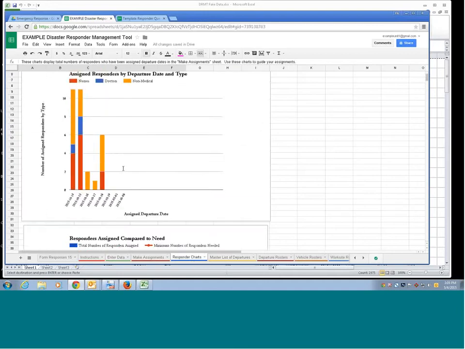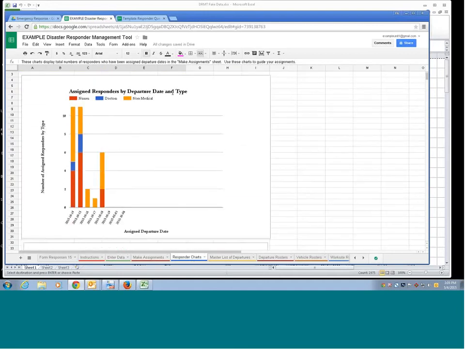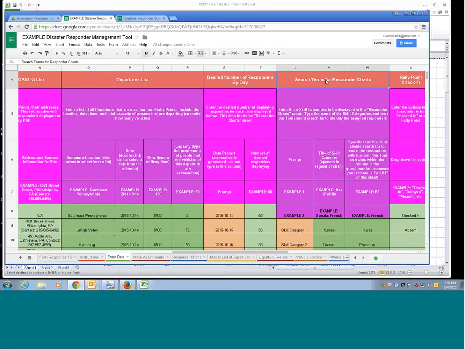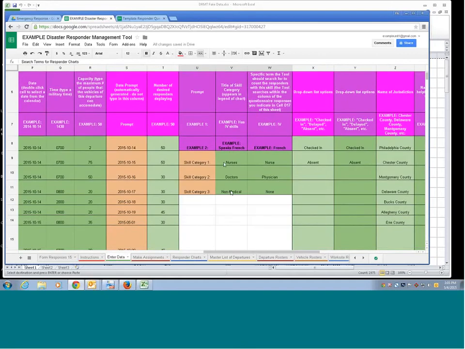Now this chart, the assigned responders by departure date and type, is very changeable. So let's say you don't want to look at nurses, doctors, and non-medical. You want to look at people who can place IVs, people who speak French, and licensed social workers. Well, you can change that in the enter data. So you find search terms for responder charts. And in this column you have